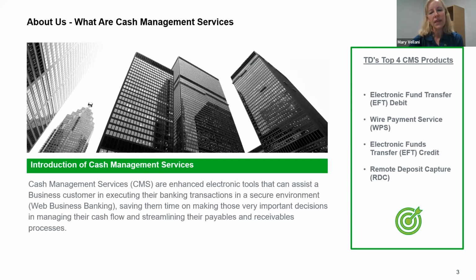One of the things I wanted to talk about briefly is the four types of cash management products that your bank or credit union probably offers that are their most popular. The first is the electronic funds transfer debit service. That's how you might pull money into your organization or your firm. Some people will do it for rental payments or subscriptions, regular payments. All you need is the account number of the individual that you're going to debit, plus they need to sign a pre-authorized debit form that needs to be kept on hand.